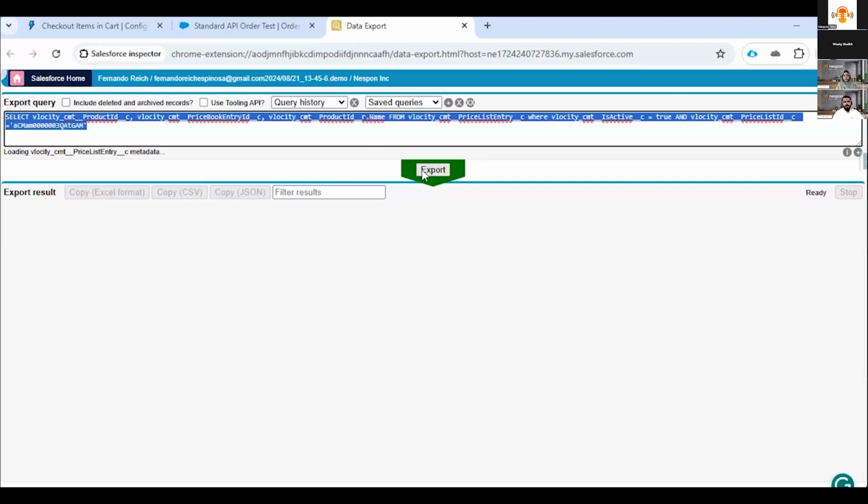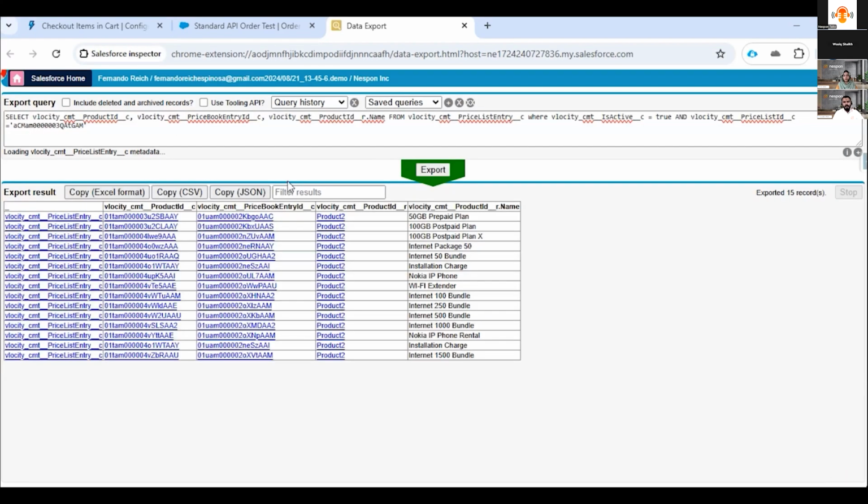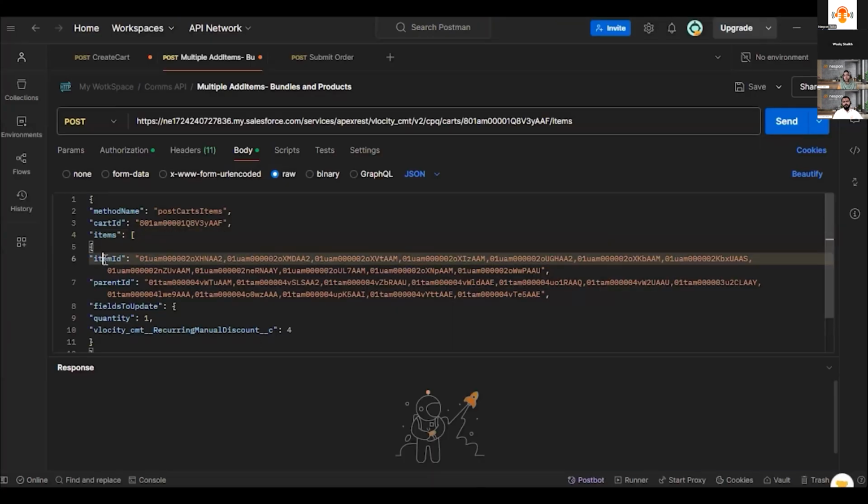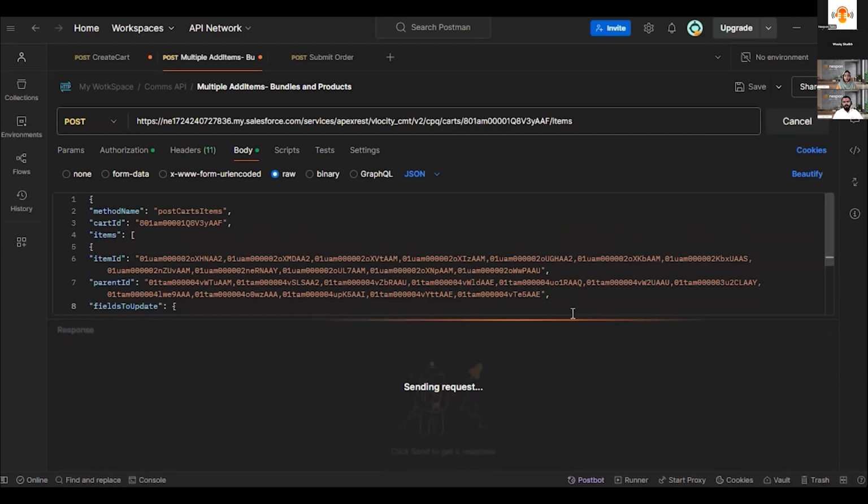So we will execute the query to fetch all the products that we're going to add. As you can see, we have more than 15 products, which include some bundle products and standalone products. So it includes some packages as well. So all 15 products we have added in this request, and this standard cart API allows us to create order line items in a single transaction. We have added more than 15 line items with the help of this standard cart API in